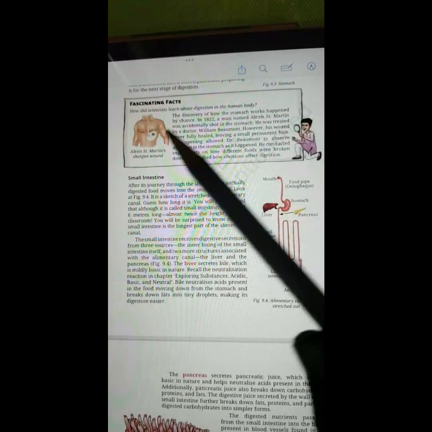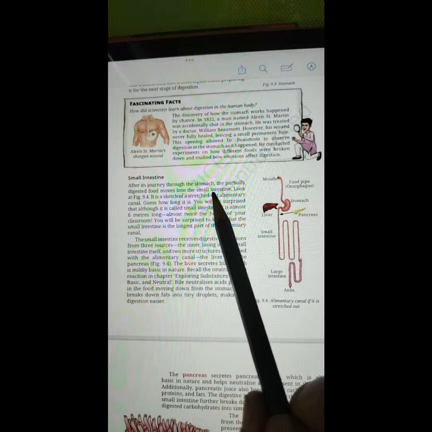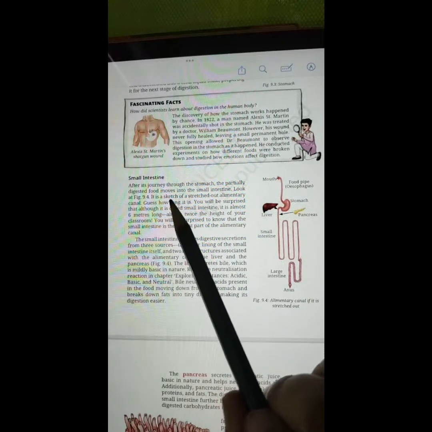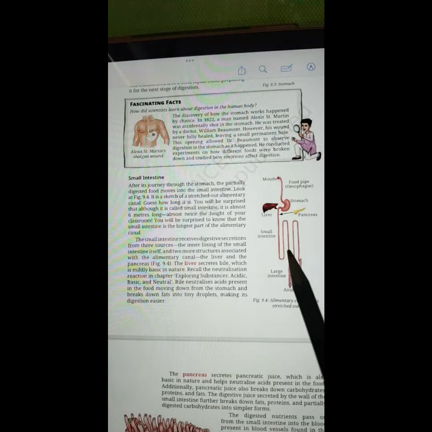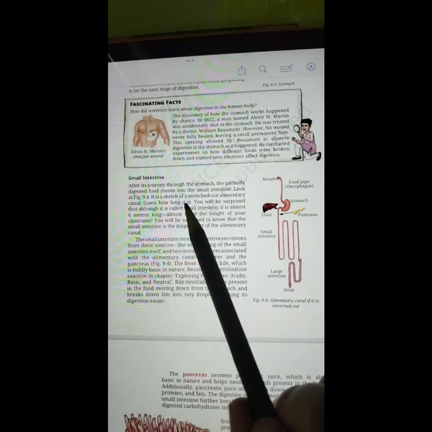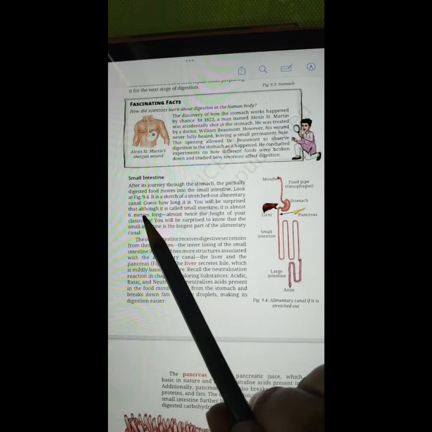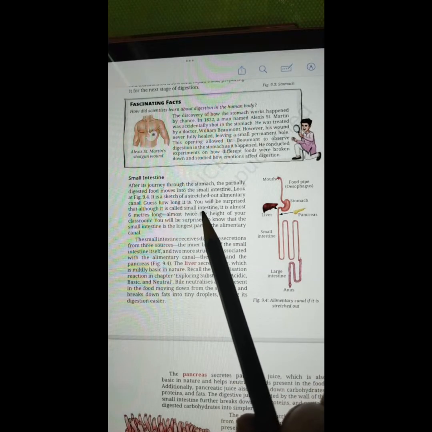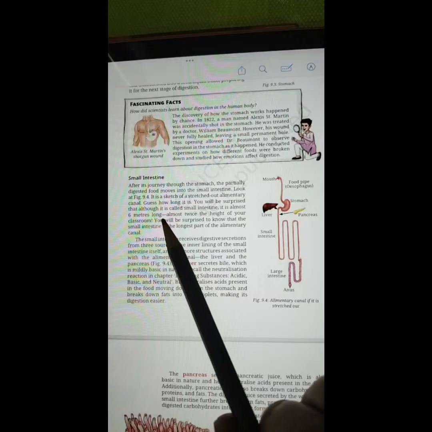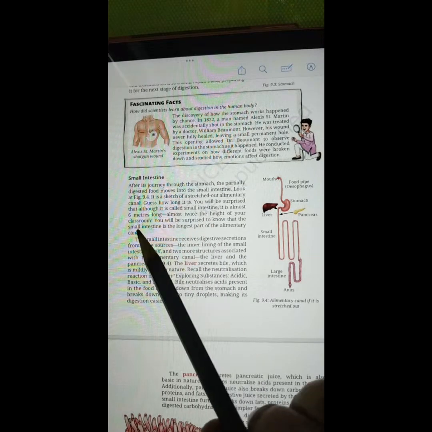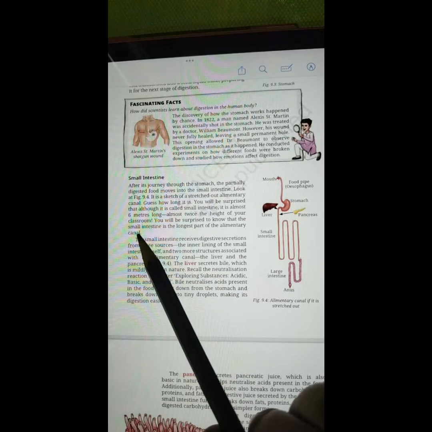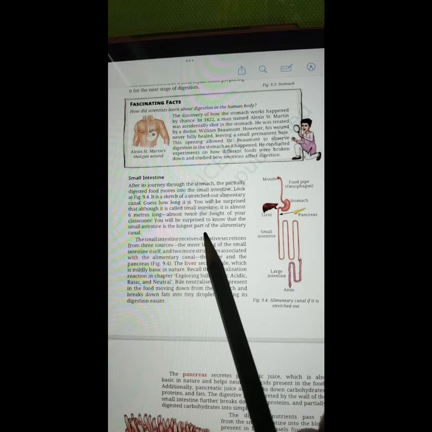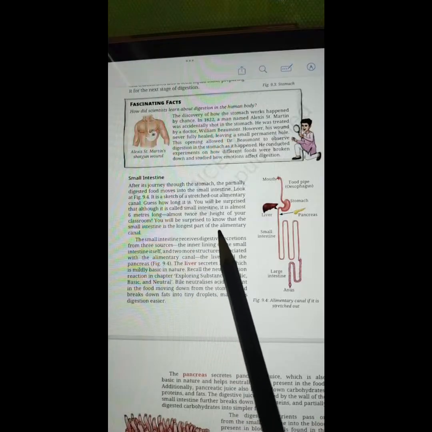Small intestine. After its journey through the stomach, the partially digested food moves into the small intestine. Look at figure 9.4. It is a sketch of the stretched out alimentary canal. Guess how long it is. You will be surprised that although it is called small intestine, it is almost 6 meters long, almost twice the height of your classroom. You will be surprised to know that the small intestine is the longest part of the